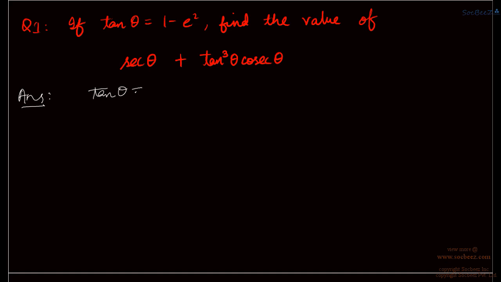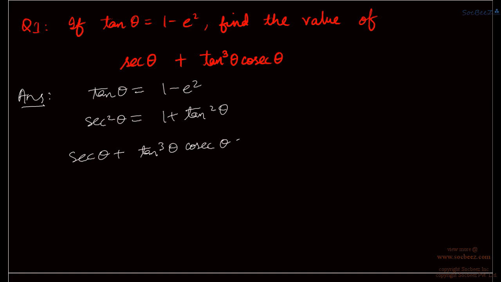So tan theta is 1 minus e square. So automatically we know what secant square theta is. Secant square theta is 1 plus tan square theta. Now the given expression, secant theta plus tan cube theta cosecant theta, can be written as secant theta. Now I'll write the tan cube theta here as tan square theta into tan theta,